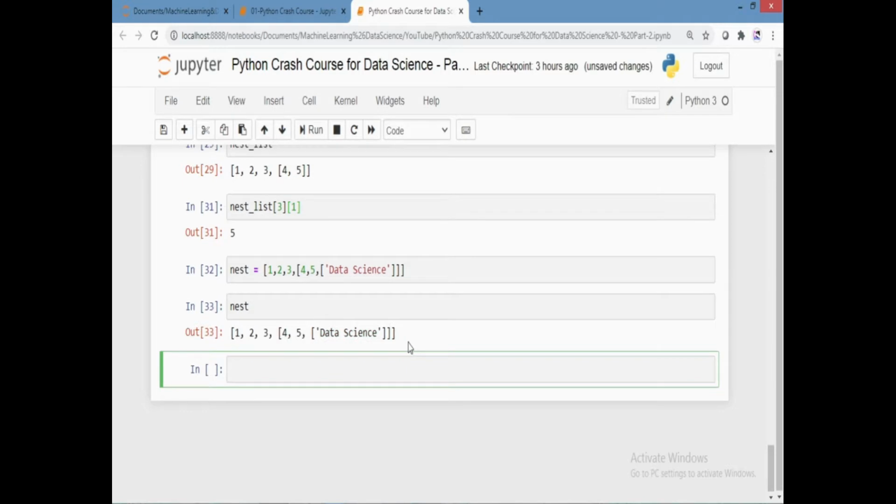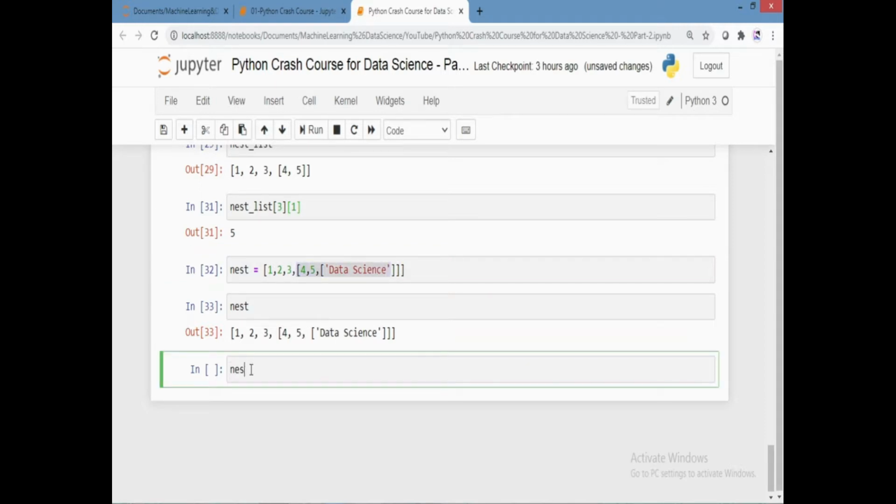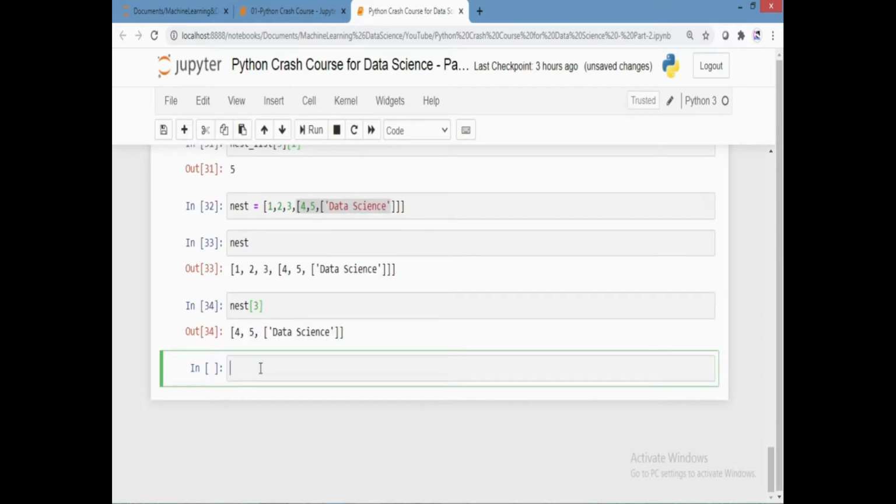It's going to show you. Now my target is to find this data science. How can I do that? Suppose I consider this one as one element. Where is that? 0, 1, 2 and 3. First I'll call the third index. It's going to give me this one.